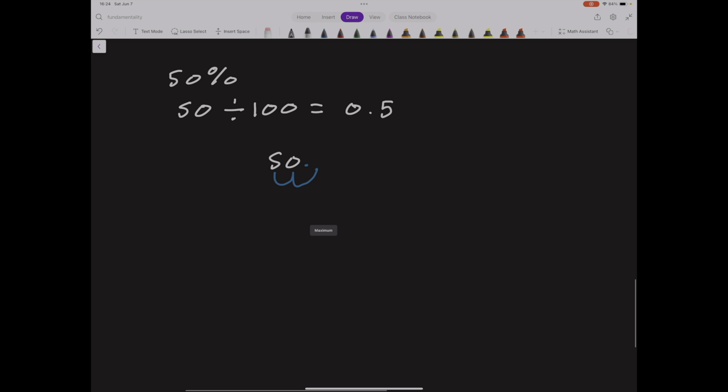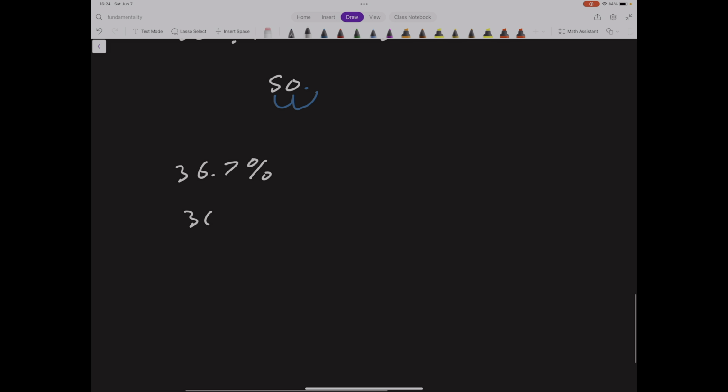And once again, works with anything. So I think we got like, what, 36.7% last time, maybe? 36.7, we want to go 2 places back. 1, 2, so that's where our 3 is going to be. So that really is 36.7 divided by 100, that's going to be